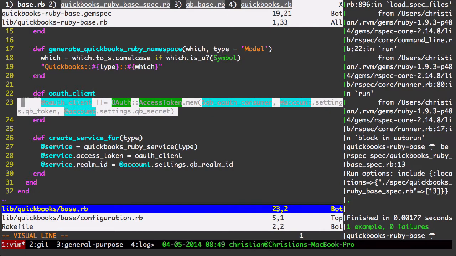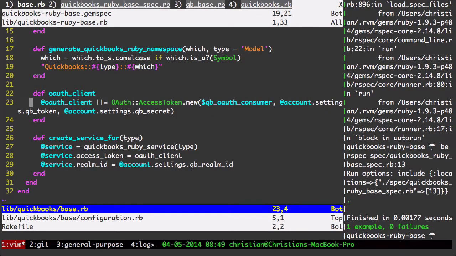So instead of having these calls directly like account settings QB token, let's make methods for retrieving that information based off of our configuration module that we set up. And this is sort of an interesting problem too. So I'm now back in design mode again. Now how am I going to accomplish this? Basically I kind of need to eval this account settings